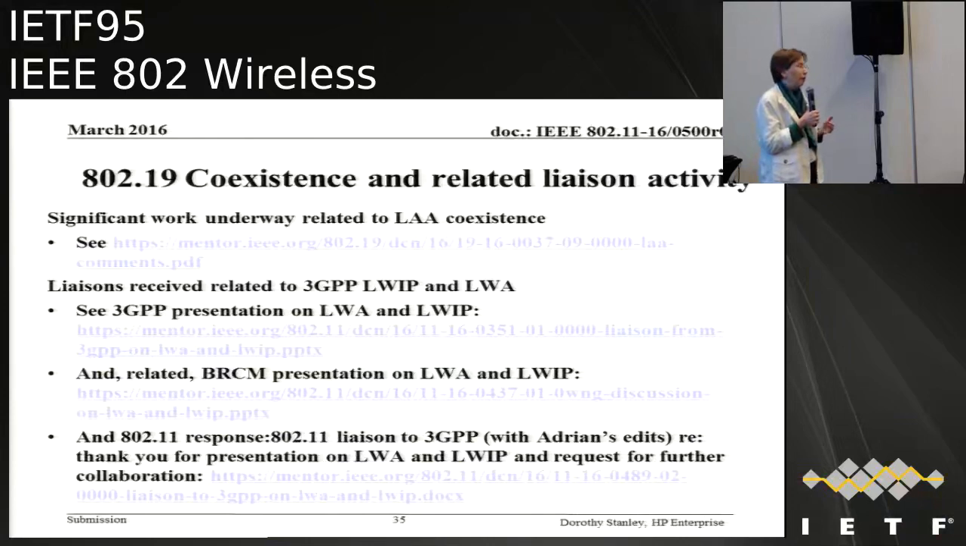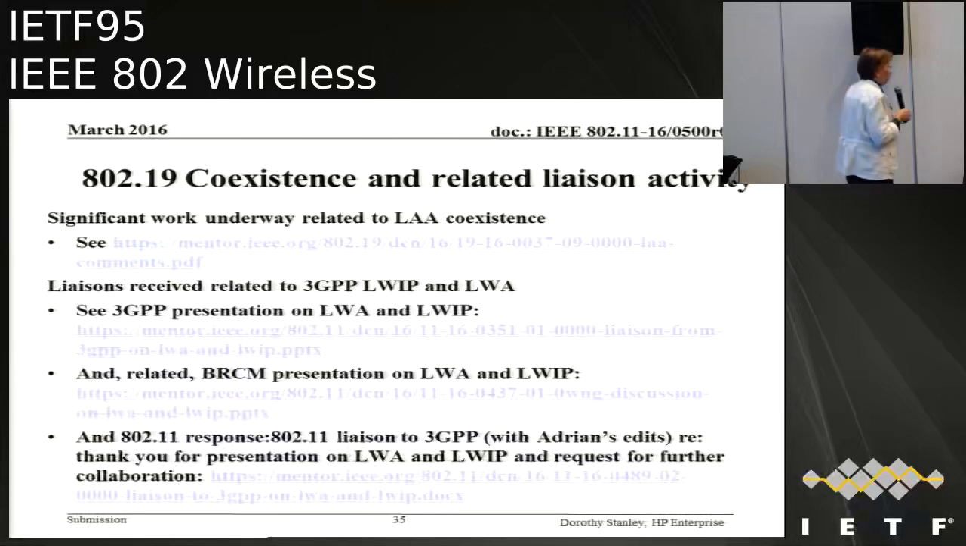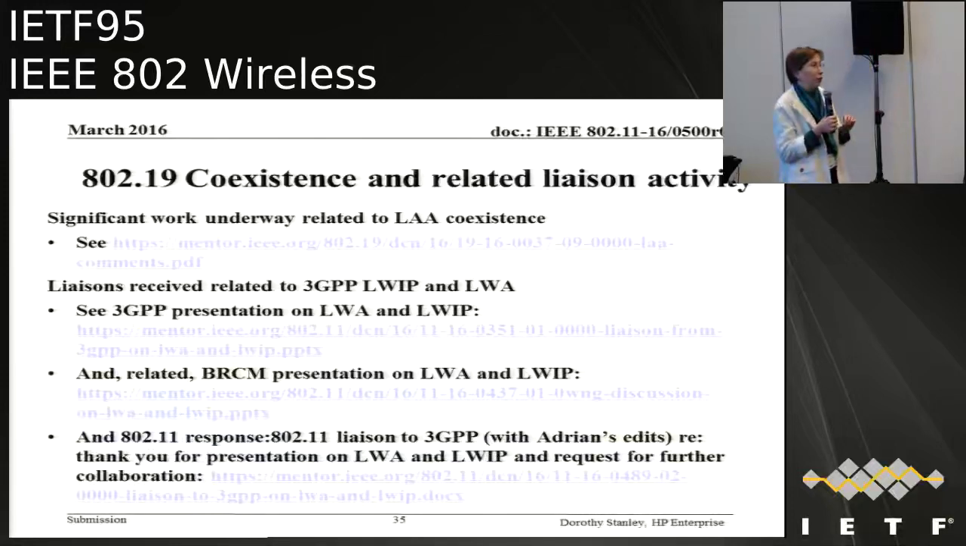And there's significant work going on there in 3GPP. Liaisons are being exchanged, and discussions are underway among the two groups to make sure that the techniques and the protocols that are developed in 3GPP, which does not have a history of developing for the unlicensed band, right? That the protocols that they develop and the requirements that they establish really will enable fair